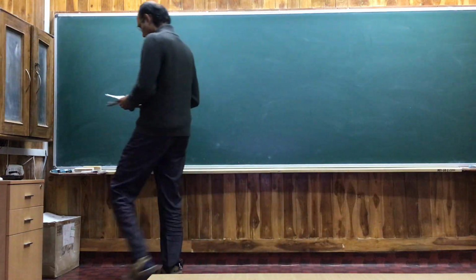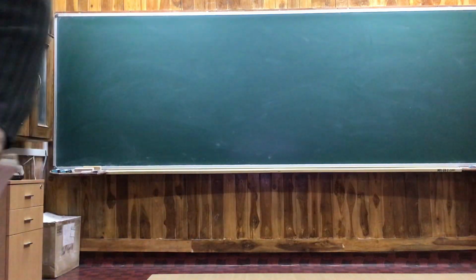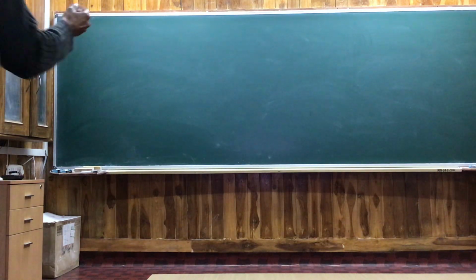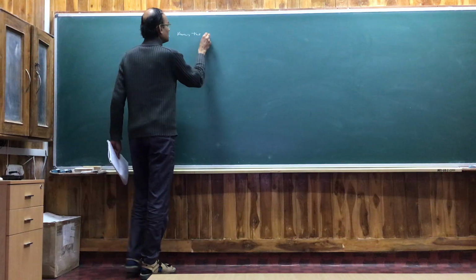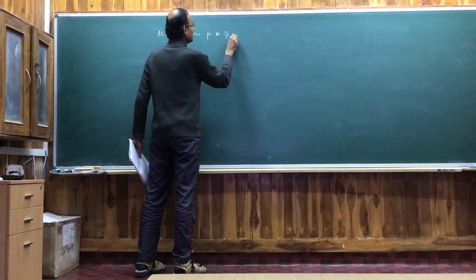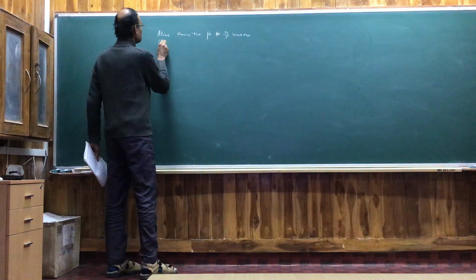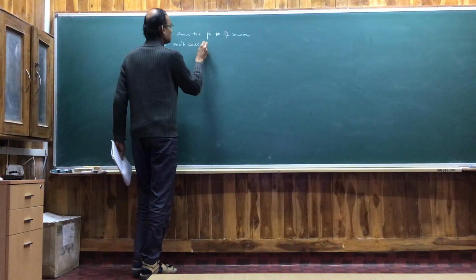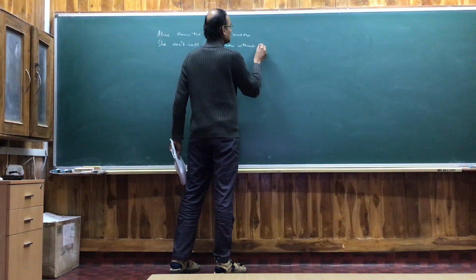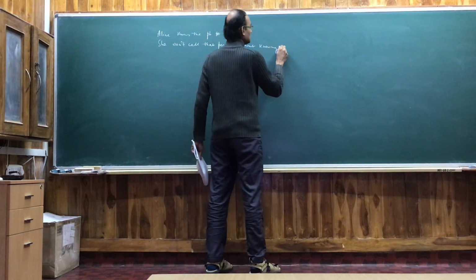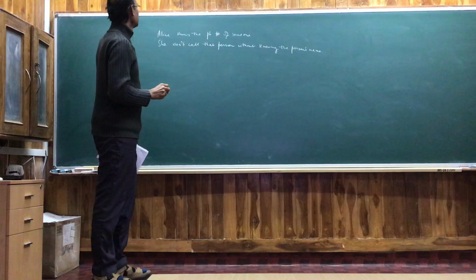So, yes, once more. You remember the scenario that Alice wants to know someone. Alice knows the phone number of someone. She does not want to call that person without knowing the person's name. So this was the scenario that we know the phone number of someone